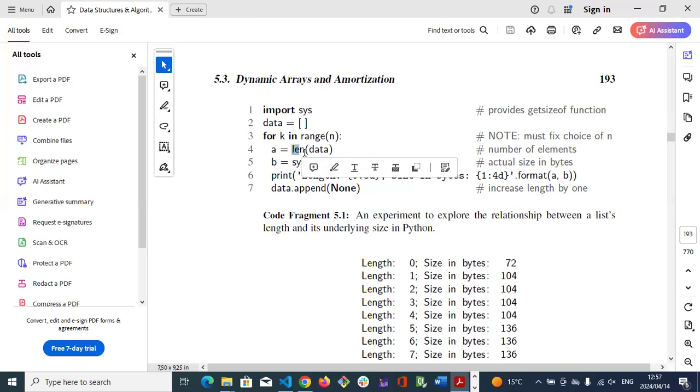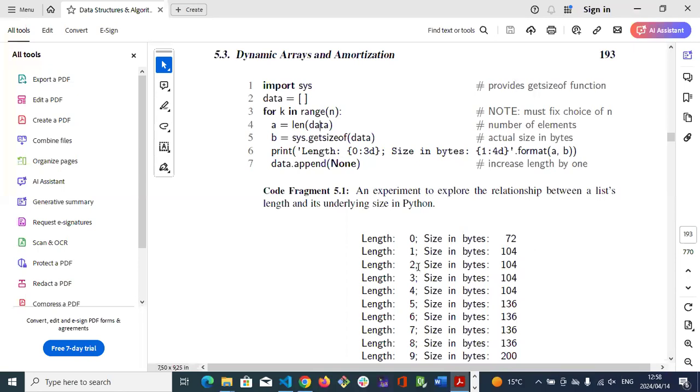We declare a as the length of the data, how long the data is, and then b, where we get the size in bytes. Then we print the length, from 0 to 3 it takes a certain number of bytes, then data append, and so on. If you know the size is 72, then it jumps to 104, so you can see